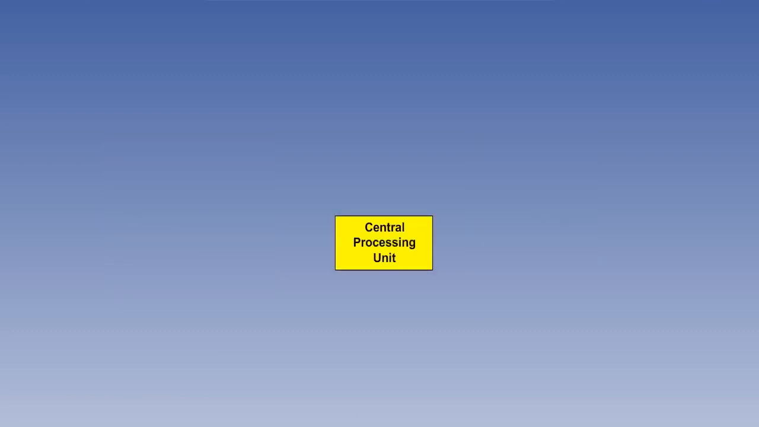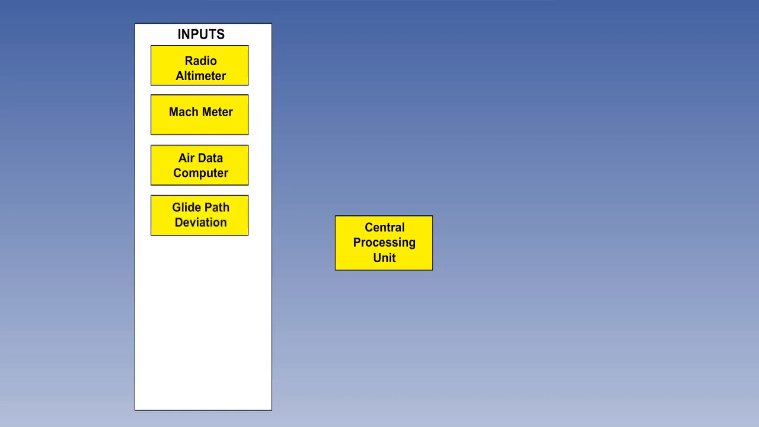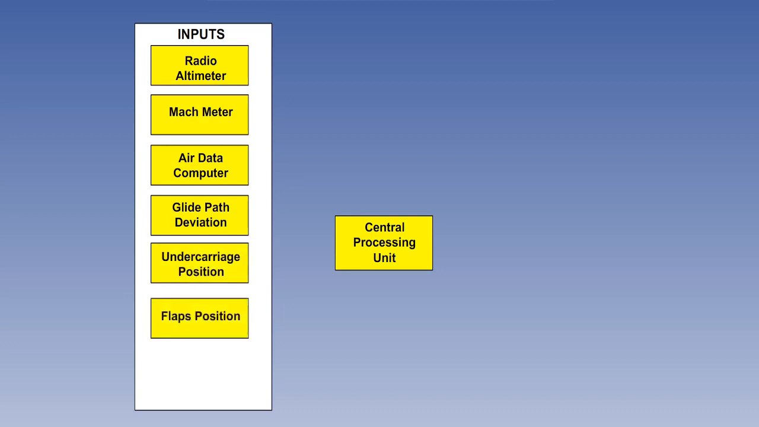We will now look at the components in a typical GPWS, eGPWS system, and we start with the brains of the system in the central processing unit. Into the central processing unit are various inputs from the radio altimeter for actual height above the ground, Mach meter, air data computer for all the barometric information, glide path deviation, undercarriage, and flap positions, and finally, input from the